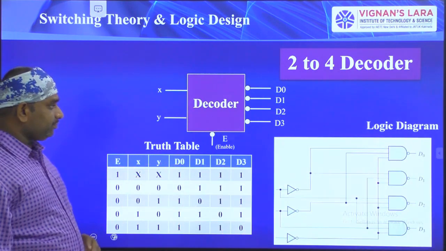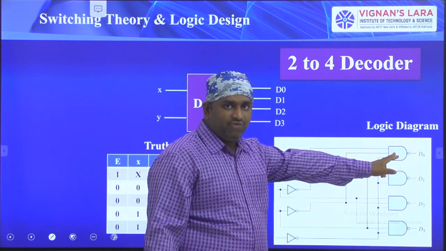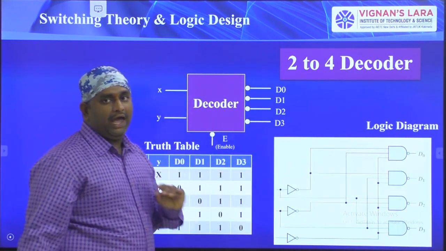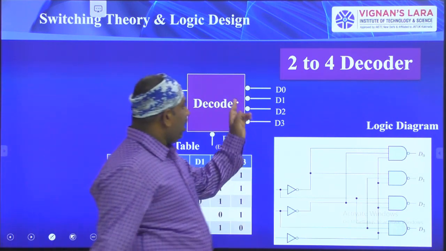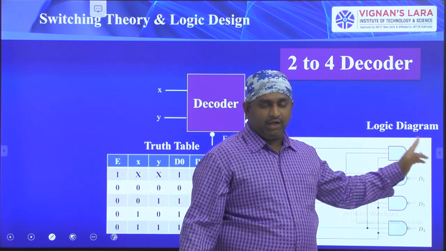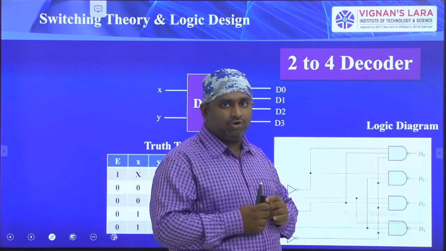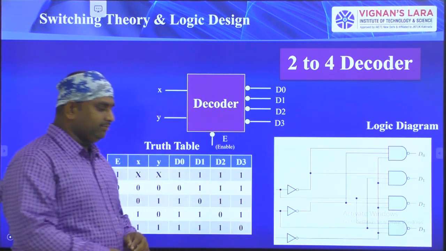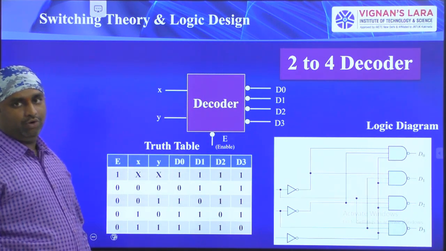This is its corresponding diagram. See here, in the place of the AND gate, I have placed a NAND gate. It is a very simple operation, right? Actually, after the AND gate output, you have to place a NOT gate. An AND gate followed by a NOT gate is called a NAND gate. That is the NAND gate we have placed here. So this is the logic diagram for the 2 to 4 decoder.